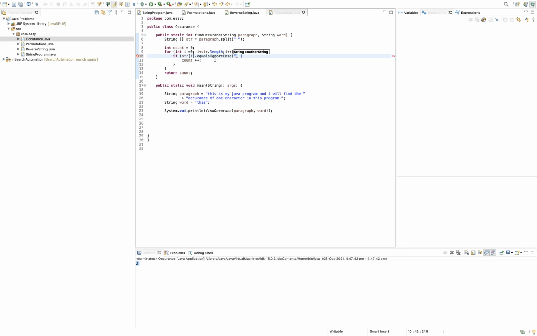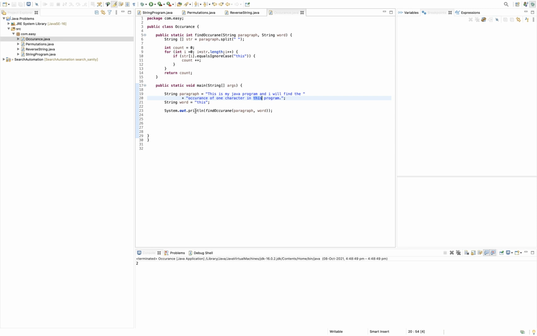So here you can just use the word this, and now you can make it caps, and it should give you the print of 2. There's a syntax error. I'm just correcting it. So let's see. Here it is case sensitive text, but it is still taking 2 because we have used a method to ignore the case. So guys, this is it.